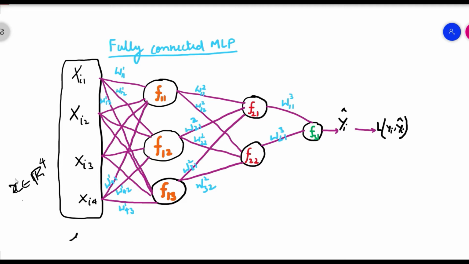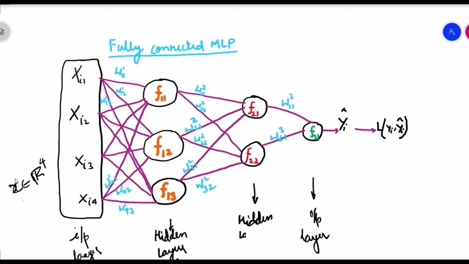Okay, so this is the input layer, and this is the output layer. Between the input layer and the output layer, all the layers that fall are called hidden layers, and hidden layers are given their own number. So this will be hidden layer 1. Depending on the sequence, they are numbered. So this is hidden layer 1, and this is hidden layer 2. I'm just giving you a quick recap so that whatever you studied in the last videos comes to your mind quickly.